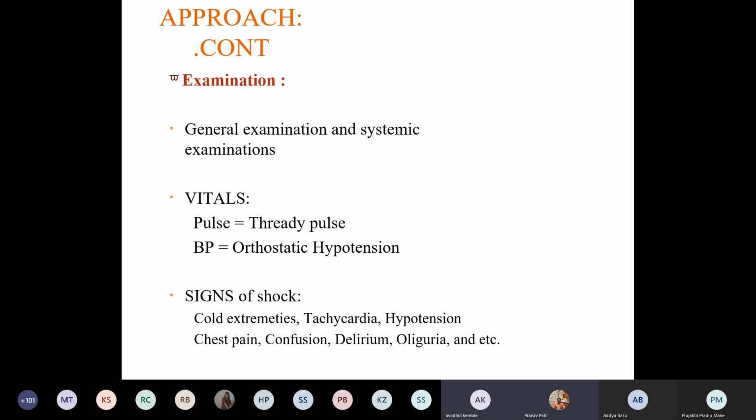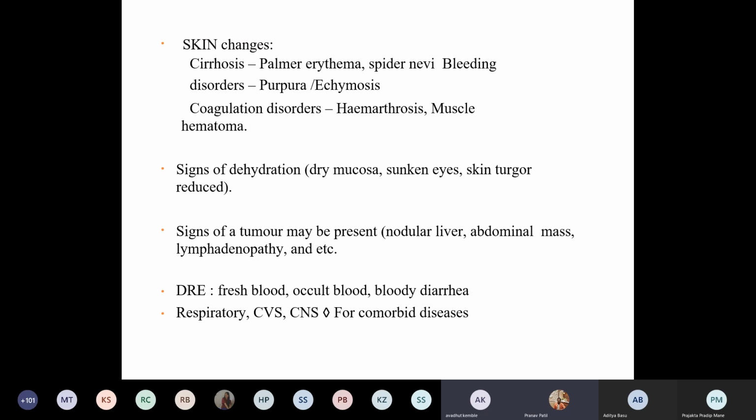So usually sometimes the patient will be brought in shock entirely, wherein hypotension is present. Now we have to look for skin changes also. This occurs usually with the chronic cases where liver cirrhosis is going to be there. Now liver cirrhosis is one of the other important causes for this upper GI bleed. In cirrhosis, you will have palmar erythema, spider nevi, and bleeding disorders are known to occur,